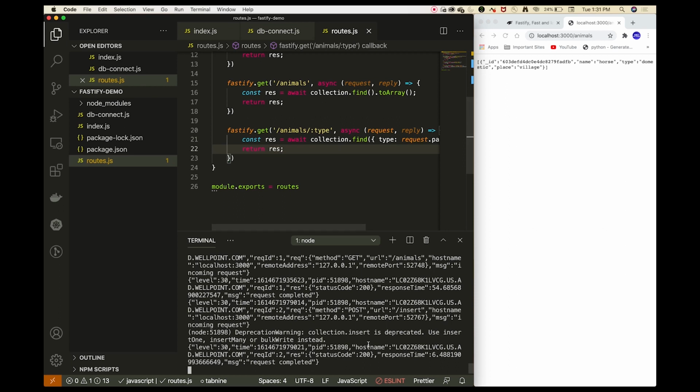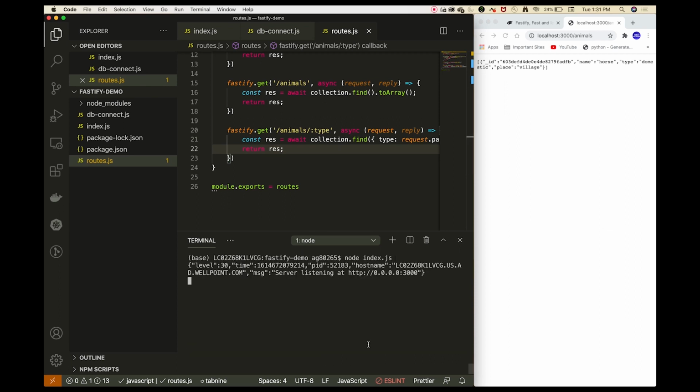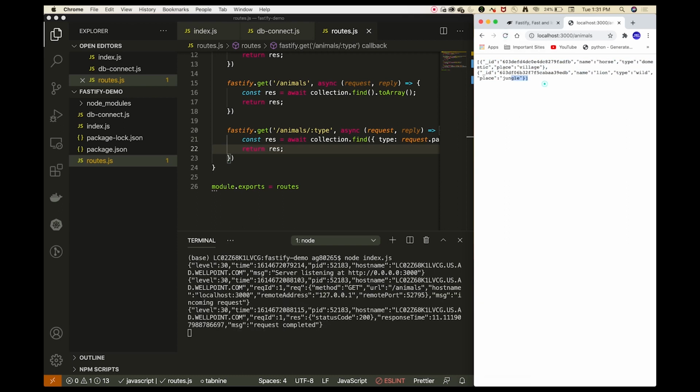So let us say we want to only access those animals which are of type domestic. First let us refresh this page so that we can see that we have two animals in our database. First is horse and the second is lion. But I only want to access the domestic animals.